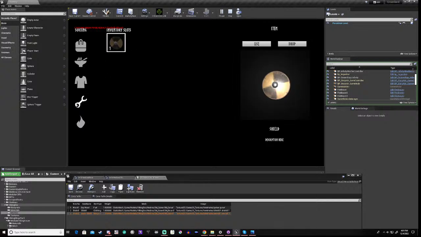This is in the clothing category, this is in the tools category, and this is in the fuel category. And if we click on the top one, it gives us all of them. Okay,